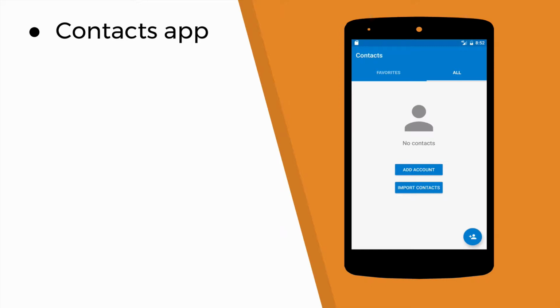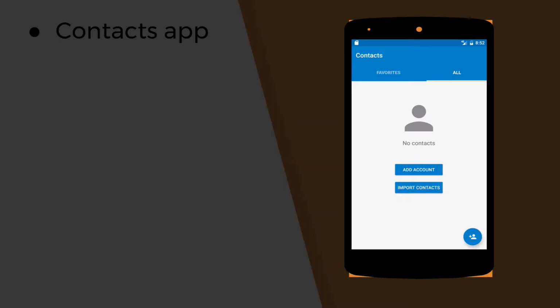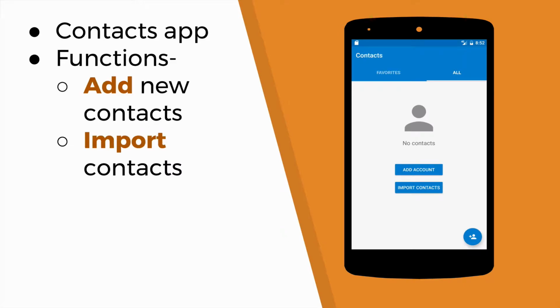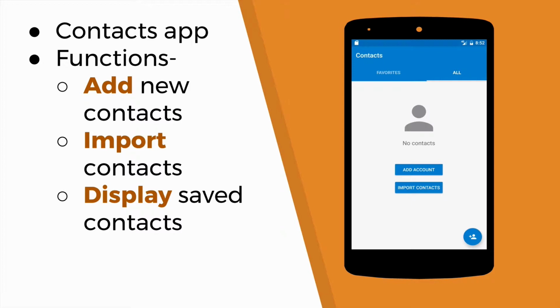Coming back to where we left, this screenshot shows the view of the Contacts app the first time we open it on a new phone. Using the single screen available to us, we can add a contact, import contacts which are already saved on our phone, or view our contacts as a list. As currently there are no contacts, the display shows there are no contacts right now.